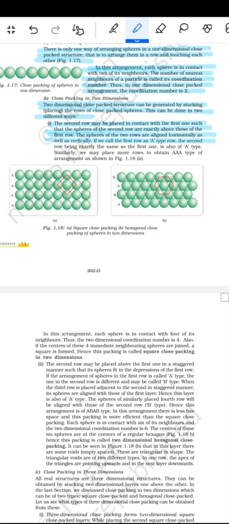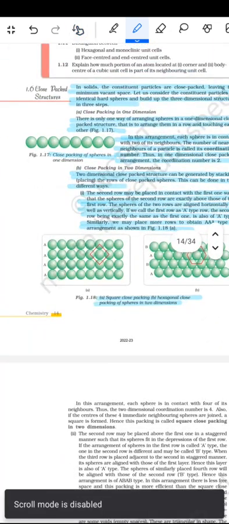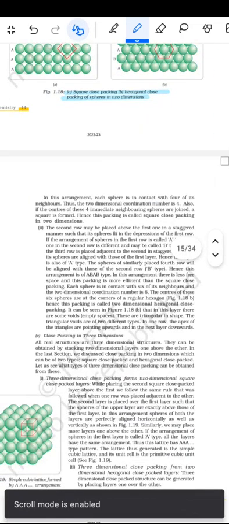If we call the first row as the A-type row, the second row exactly the same as the first one is also of the A-type. Similarly, we may place more rows to obtain a type of arrangement as shown in the figure 1.18a. तो ए में दिया हुआ है स्क्वायर क्लोज पैकिंग और बी में दिया हुआ है हेक्सागोनल क्लोज पैकिंग ऑफ द स्फीयर्स इन टू डायमेंशंस। और यहाँ पर दिखाया हुआ है क्लोज पैकिंग ऑफ द स्फीयर्स इन वन डायमेंशन में।